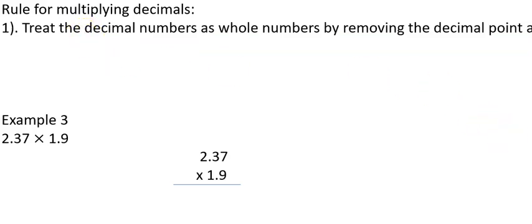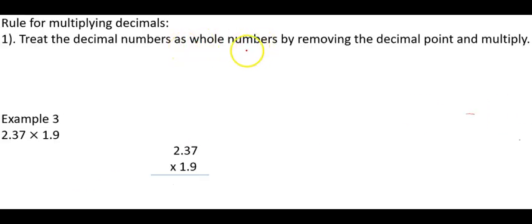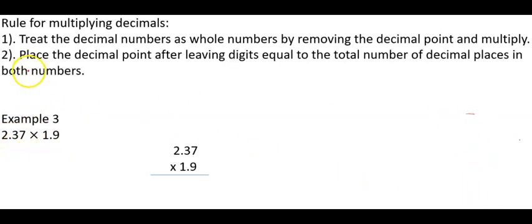So what we're going to do is, first we're going to treat the numbers as whole numbers. So although they have decimals in there, we're just going to treat them. You can ignore the decimal points, just treat them like whole numbers. And that's the first step. So in the second step,